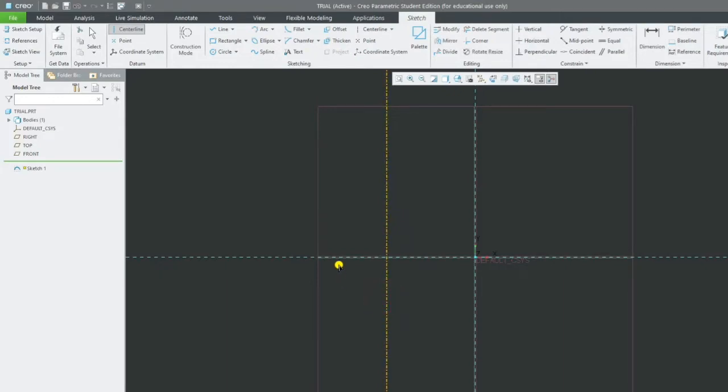Now we have a center line. This first point. Okay. Point, let us say you want to mention a point. You can mention point here, you can mention point here, you can mention point here. So there are different points you can make. To come out from this one, since we are now in point mode, you can press middle mouse button, or you can press escape.